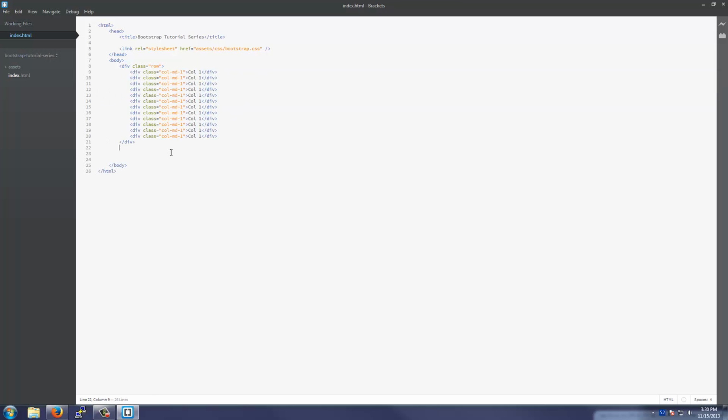Alright, now we can go ahead and create a new row. You have to do a new row in order to have more content if you're going to be using more than one row, or more than 12 columns in one row. You have to add columns together. So the next one will be a div class equals, maybe if I can type today, holy cow. Okay, so it's going to be col-md-